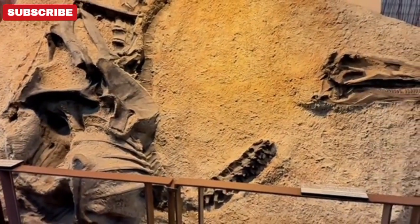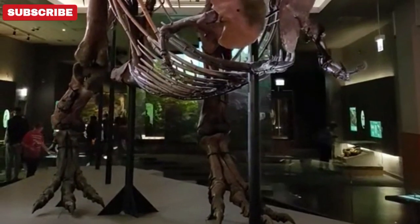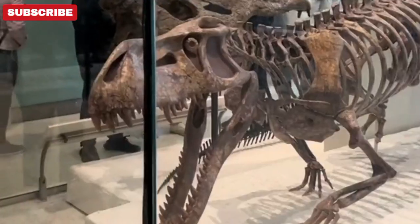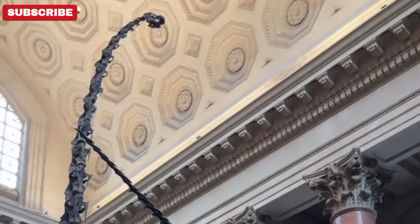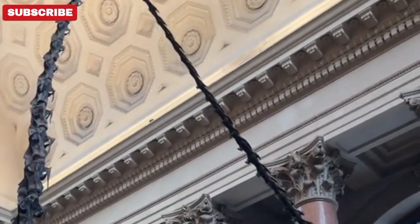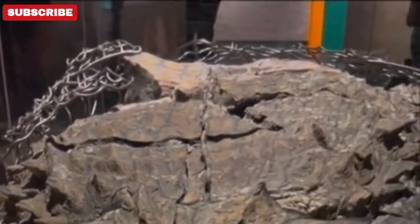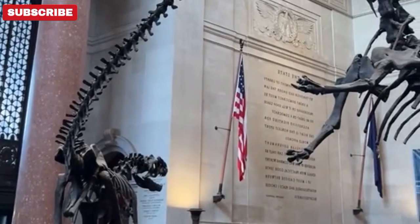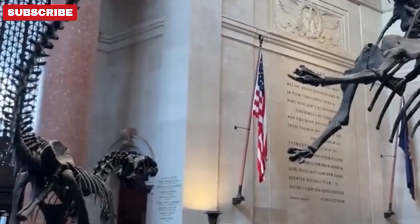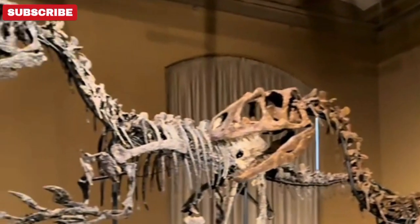Fossils of dinosaurs have survived for millions of years because of a process called fossilization, which preserves their remains under specific conditions. This process doesn't happen to every dead organism, but when it does, it can protect bones, teeth, and even impressions for an incredibly long time. The key reason these fossils didn't melt or disappear lies in the unique way nature can preserve hard materials under